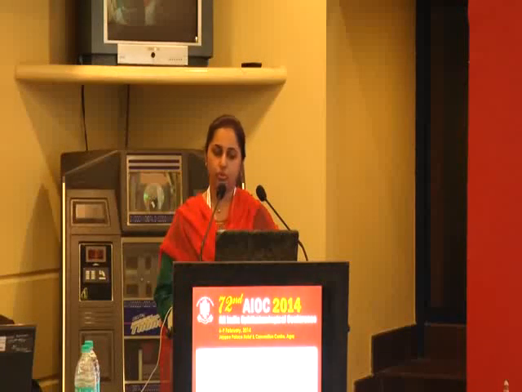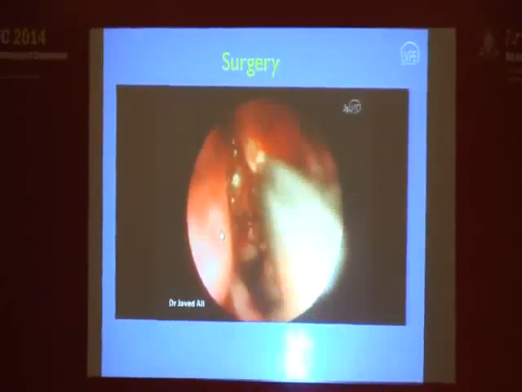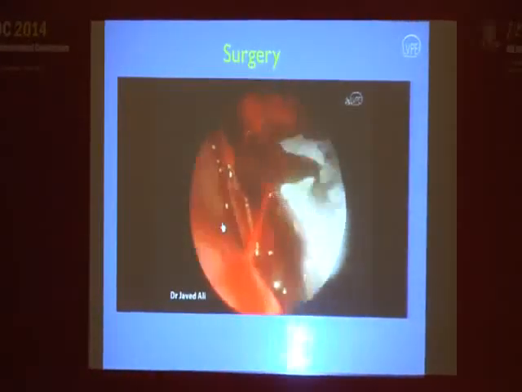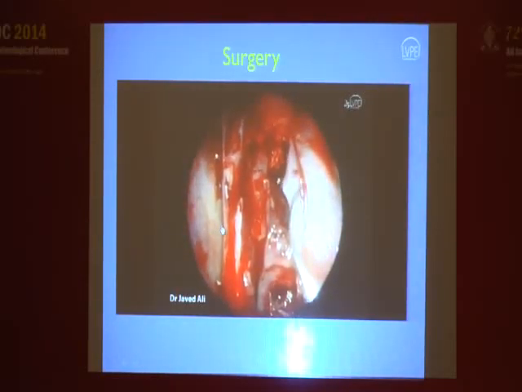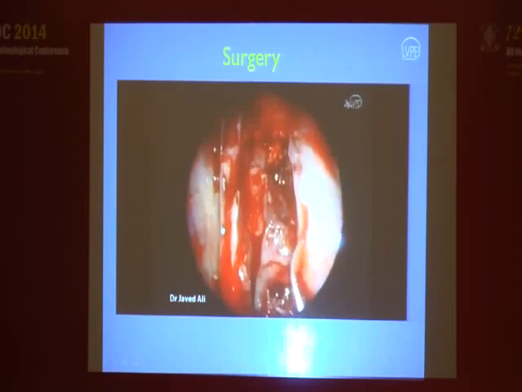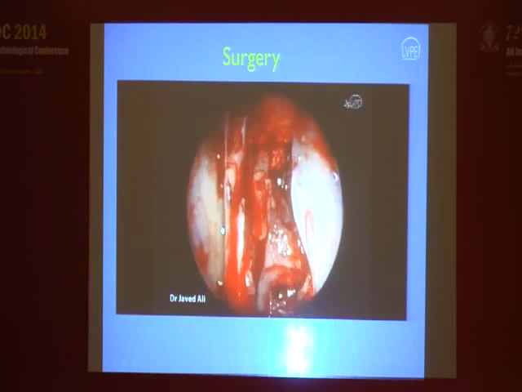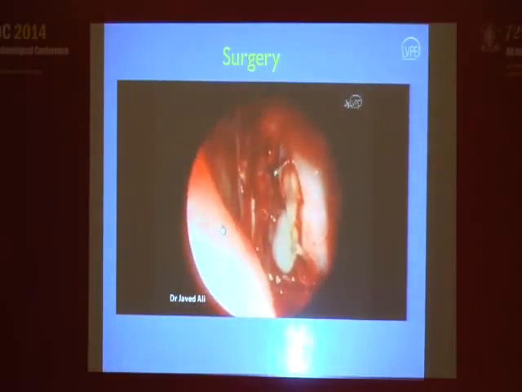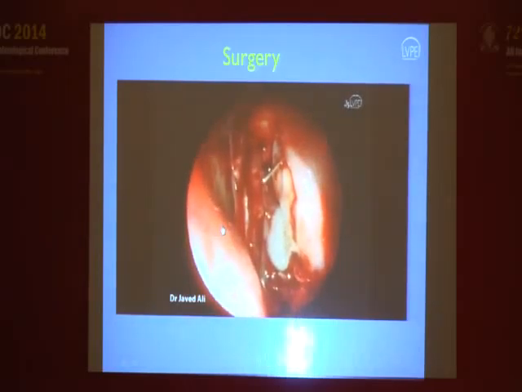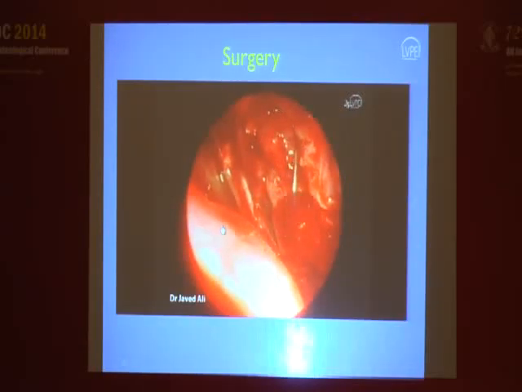It is very important to do the osteotomy very carefully in order to avoid any damage to the sac, because in acute bacterial dacryocystitis even the sac will be very friable due to the inflammation. Now the sac incision was taken with the probe in place in the canaliculus. Here you can see the probe which is coming out. This avoids any damage to the canaliculus while taking the sac incision. The full thickness incision is confirmed with the drainage of the pus which was there.